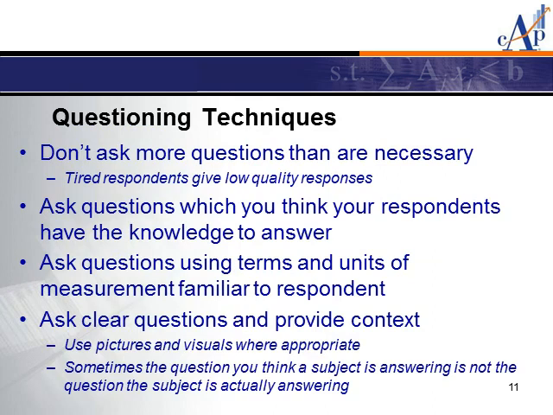There's no point in having them sit through and listen to other people give answers to questions that they don't have answers to. Even on one-on-one surveys, if you ask a person a question that they really don't have an answer to, the worst possible thing is the person might give you an answer anyway. You might get a bad answer. They might give you their off-the-cuff kind of assessment. So before you ask someone a question, you always want to say, is this person likely to have an answer to this question? Is this person likely to provide good information? And if they're not, then you want to be very strategic.